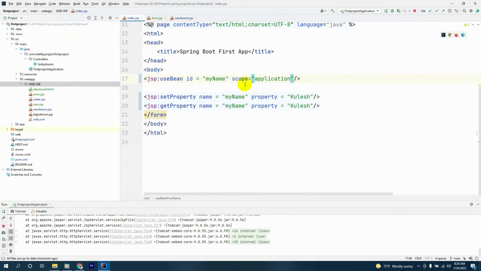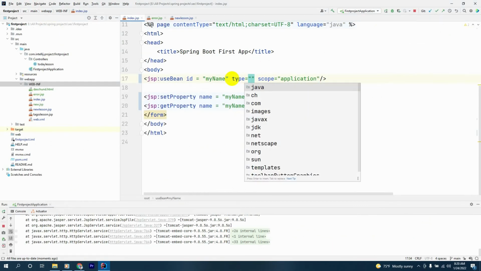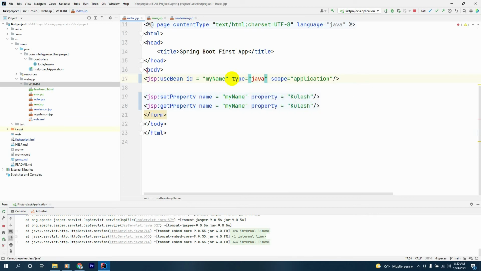We haven't given the type of the use bean. The type will be Java. No, the type will be